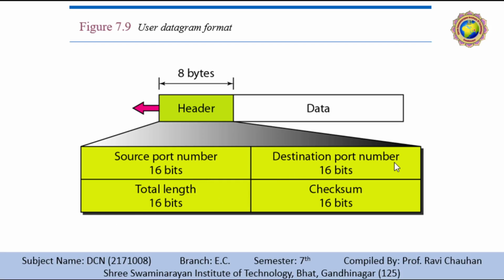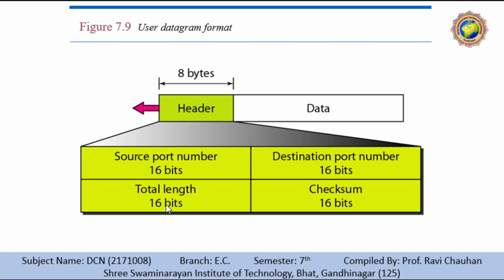Second is the destination port number. This is the port number used by the process running on the destination host. It is also 16 bits long. If the destination host is a server, a client sending a request, the port number is in most cases a well-known port. If the destination host is a client, a server sending a response, the port number is in most cases the ephemeral port number. In this case, the server copies the ephemeral port number it has received in the request packet.